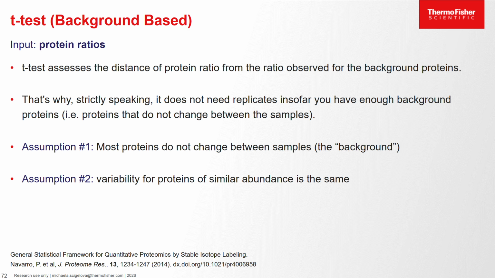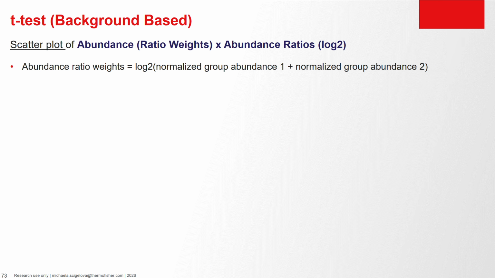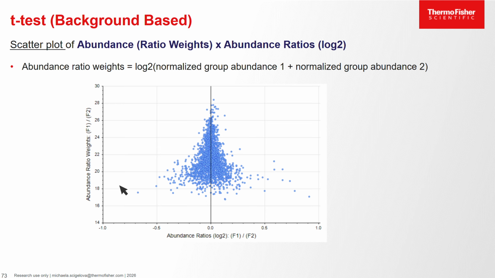And the second assumption, which is confirmed and detailed in the publication cited at the bottom of the slide, is that the variable, well, it's an assumption and then verified, verified in the nature of the data, that variability of the proteins of similar abundance is the same. And that's important because of what I will be showing you now,